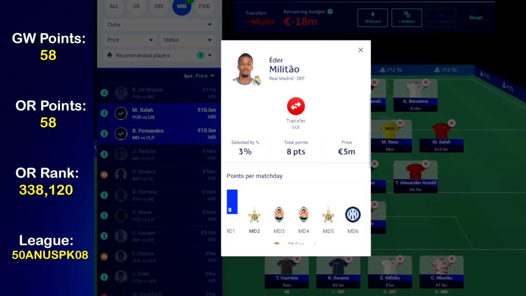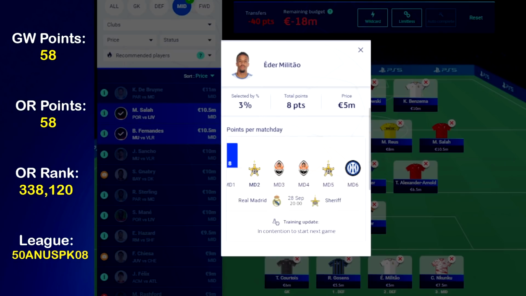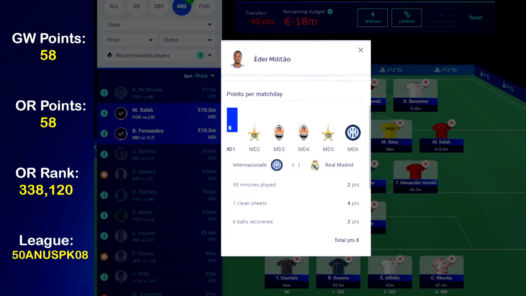He is flagged currently on UCL Fantasy, but he is back. He was in the lineup against Villarreal today, and that is good news for Real Madrid. Eder Militao played once again, and the reason why I have him really is the ball recoveries, and of course